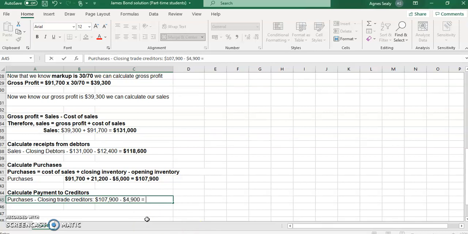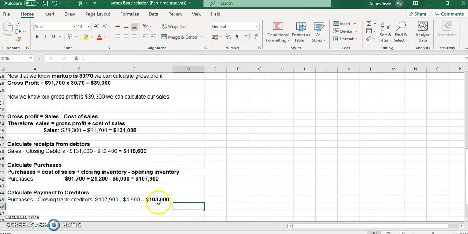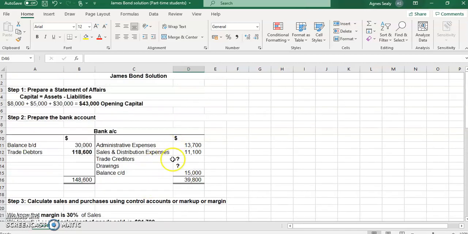So let's see what our payments to our creditors would be. 107,900 minus 4,900. Our payments are $103,000. So now we know our payments to our creditors, so we can go into that here in our bank account,